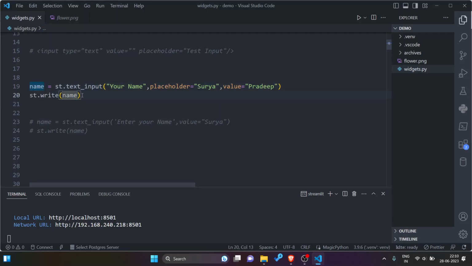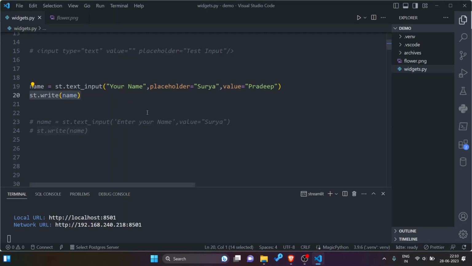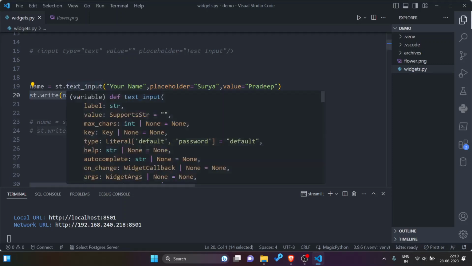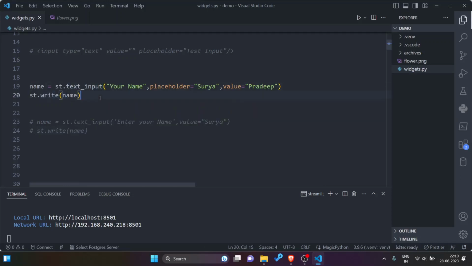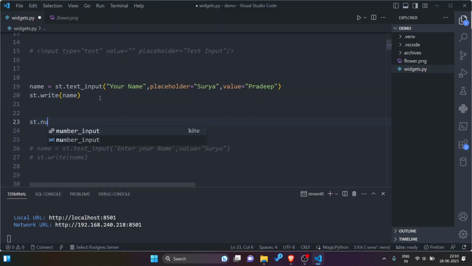And so st.write shows it. So Pradeep is already available. If I say Pradeep Kumar, then it changes to Pradeep Kumar. So that's it for text input. Another element is st.number_input.